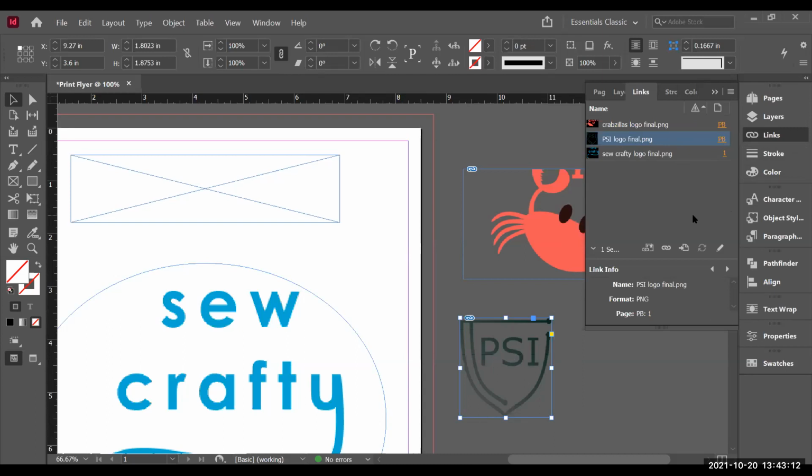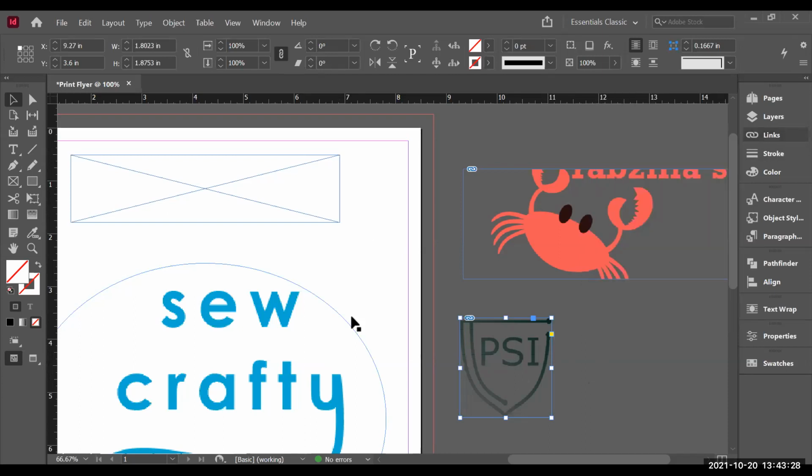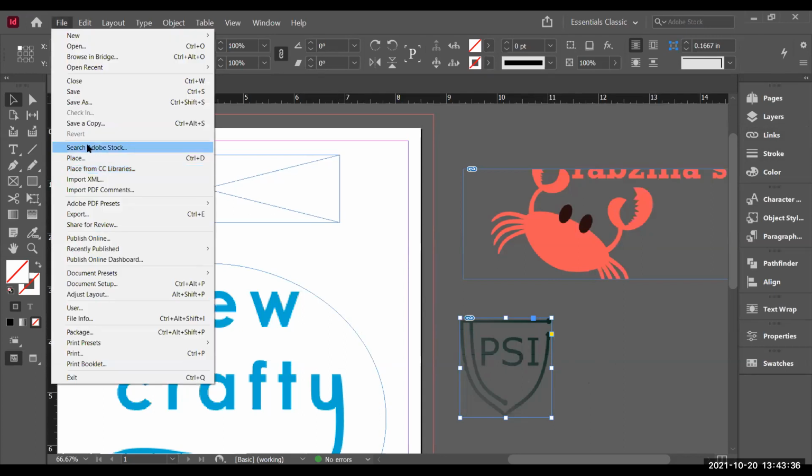So if you had updated an image or needed high quality information, then when you go to change the display performance, it can't always pull that information. So that's just an overview of placing content. So Control D on your keyboard, or again, File, Place,